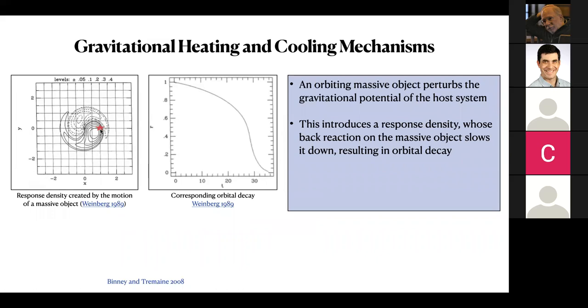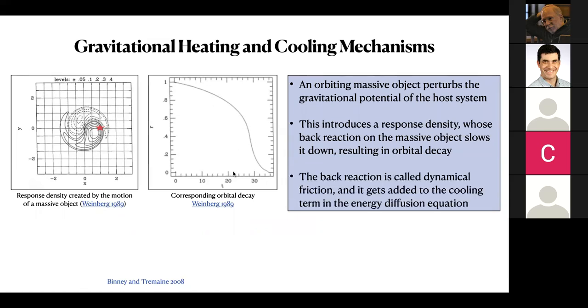You see a massive object, shown at one time, and you see the response density that has been generated in the background halo. This is the over density, this is the under density. This response density then causes the orbit of the particle to decay over time. And this back reaction is called